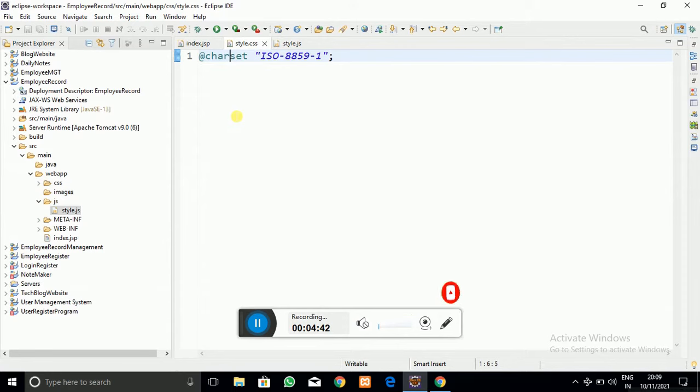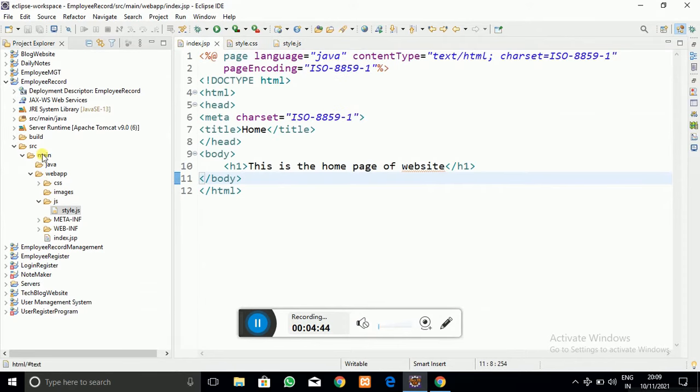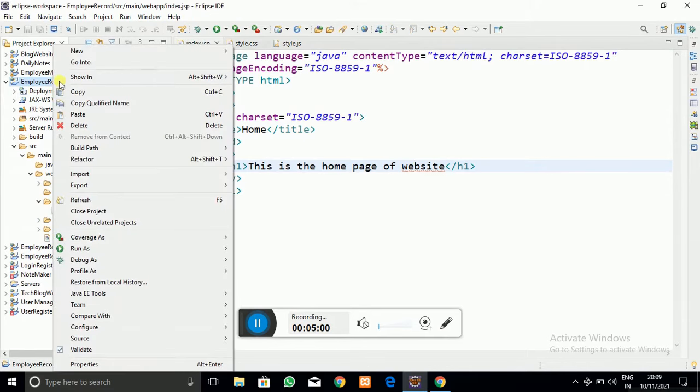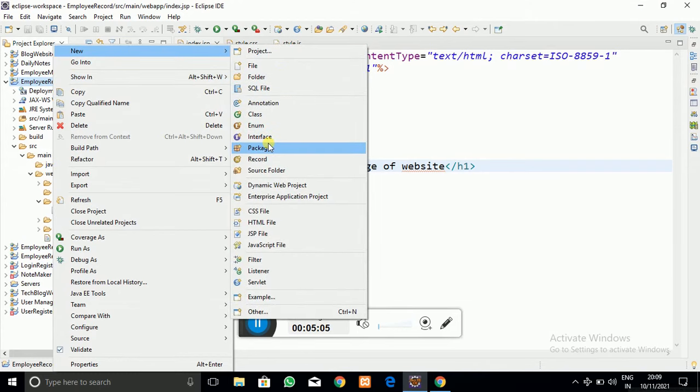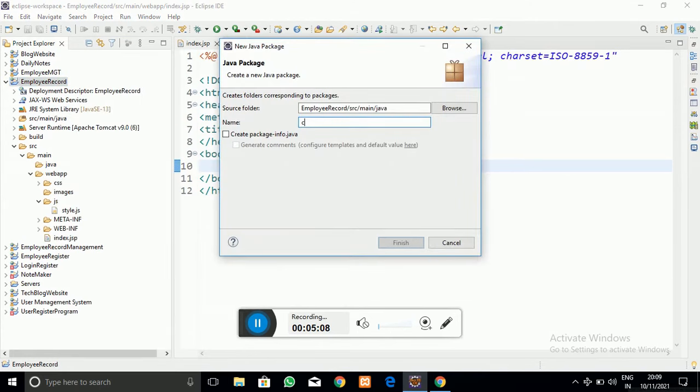You can see that this is the front end side structure. Now we are going to create the packaging structure for our Java side, that is the servlet and JSP Java side packaging structure. We are going to use a very precise project structure, that is we are going to keep all the things separate. So now I am going to create a new Java package, which is called the helper package.